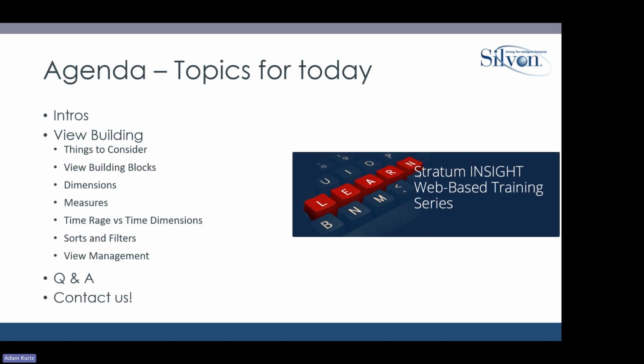Here's today's agenda. We'll be going through the demo today and looking at these different areas of how to build a view. Right off the bat, some things to consider before you even start building the view. And then we'll take a look at some of the view building blocks. We'll go into the view builder, the designer, and we'll take a look at what to consider and how to build the view. Some of those areas would revolve around using dimensions and measures and how to deal with time,